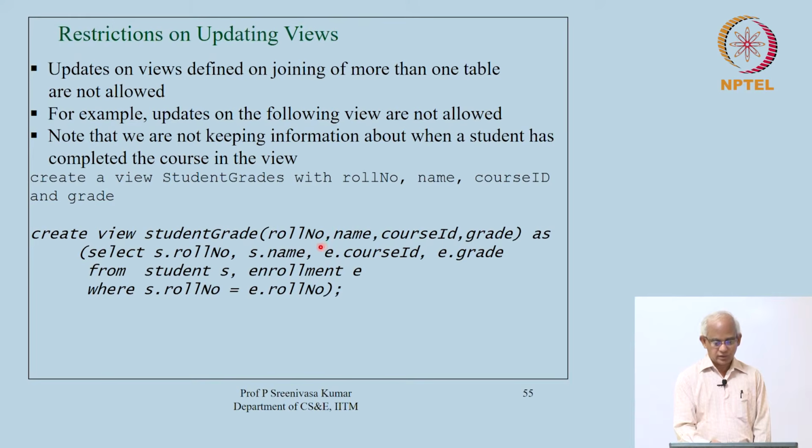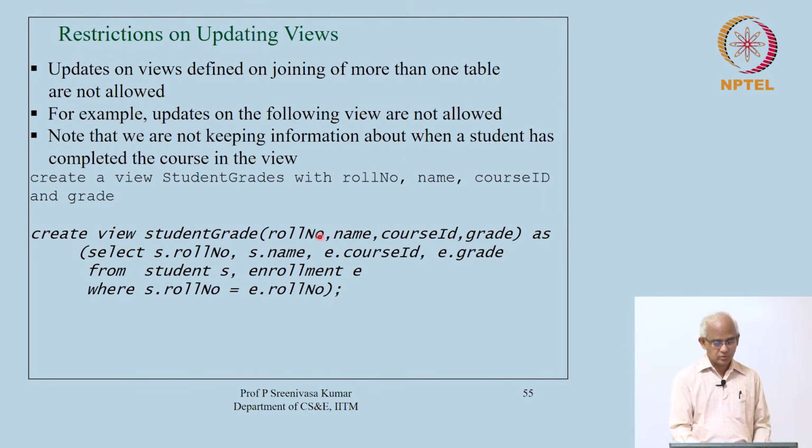The student will appear with that course ID multiple times, right. If you have cleared the course, then you would appear only once. If you have not cleared it and it is a core course and it has to be cleared, the student might appear multiple times. Suppose he has taken it 2 times and unfortunately both times he has not cleared the course, then in fact there will be only one record here, because semester and year are dropped out. There will be one record saying that this particular student has done that and got a U grade, even though he has done it 2 times.